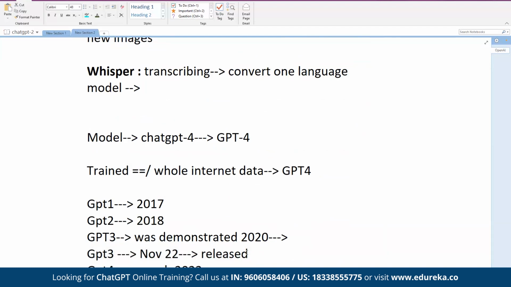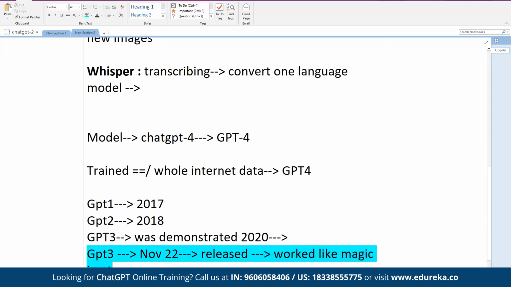The reason is that this is the major model which worked like magic for people in order to create new content or new data. What was happening before that? Before that, GPT 1 and 2 did release, but they were not very powerful. They were not very accurate. So for example, if you asked it to write a poem on, say, Sachin Tendulkar, maybe it could not do that.